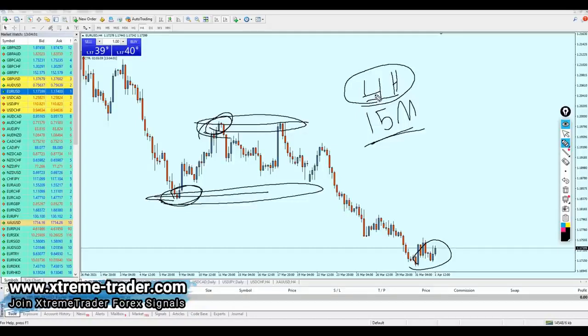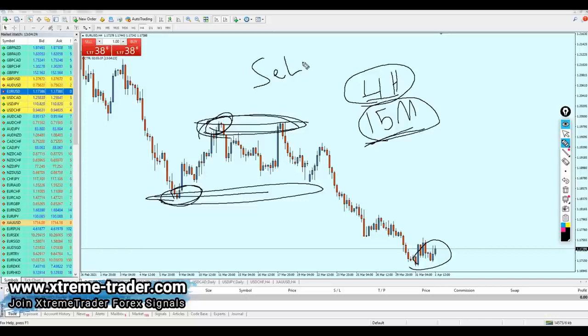Later on, all of the magic is going to happen on the 15-minute time frame. If on the 4-hour time frame, for example, I was at the peak of the resistance, I'm going to switch to the 15-minute time frame, and there I'm going to identify and analyze the market to know where exactly I'm going to sell. Since I'm on the resistance, of course, I need to look for sell opportunities, and the 15-minute time frame is the way to find a very specific and perfect level to start selling.